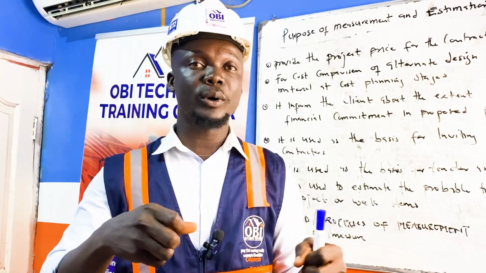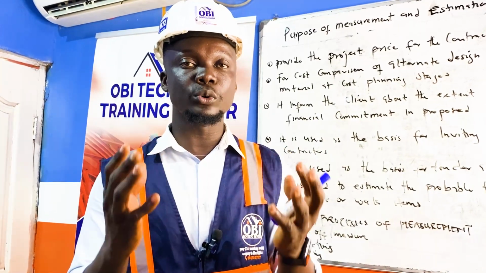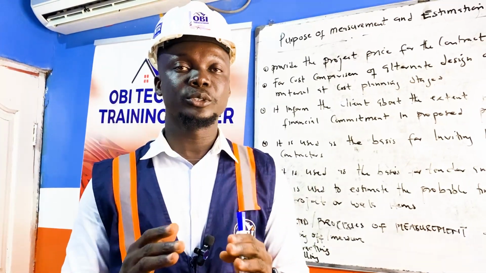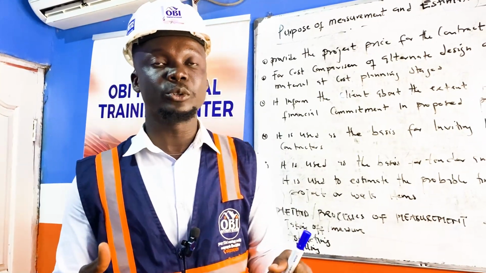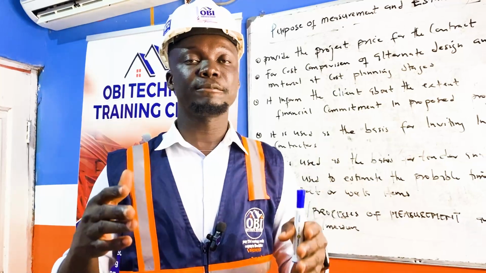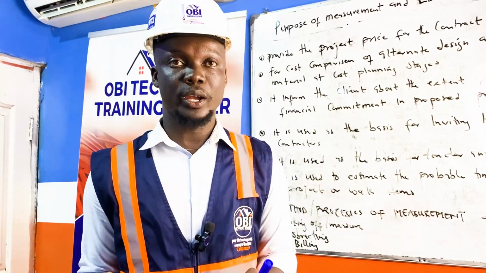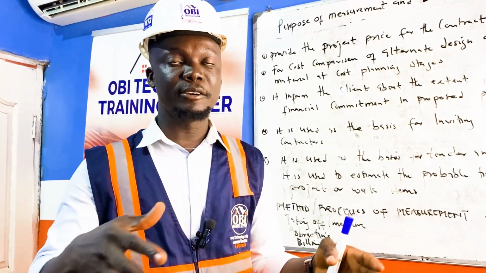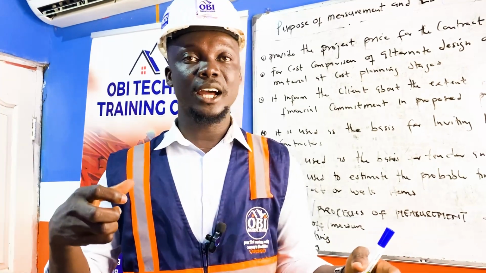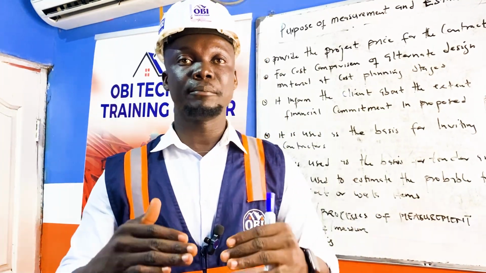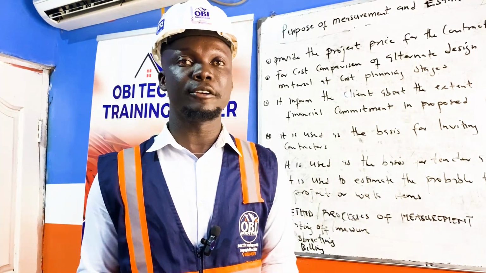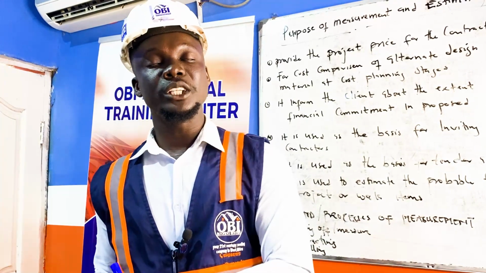We have to abstract those quantities and hold them into a whole sum, like a whole number, so that we know that, okay, for instance, let's say the block work in foundation is going to be 65.35 meter square. Now, from the taking off, this is the area that was gotten. So from the abstracting, it will be abstracted as a whole number, making it like 66 square meter area before it will be taken into the bill of quantities.